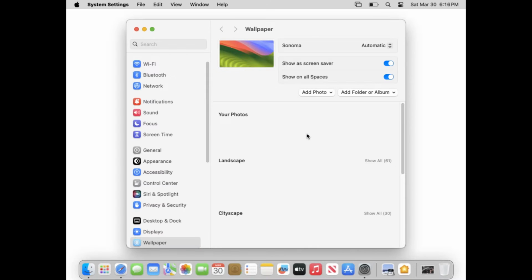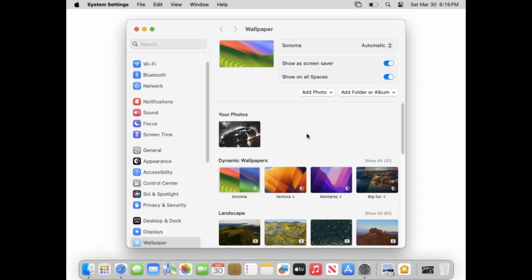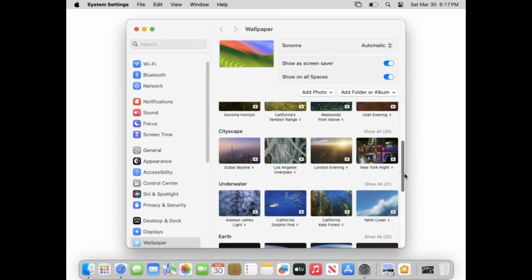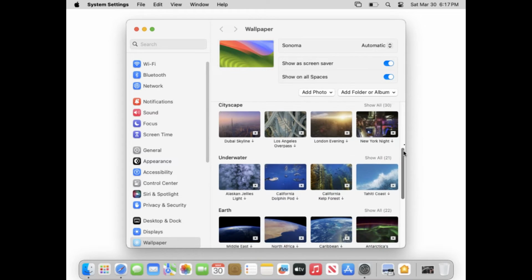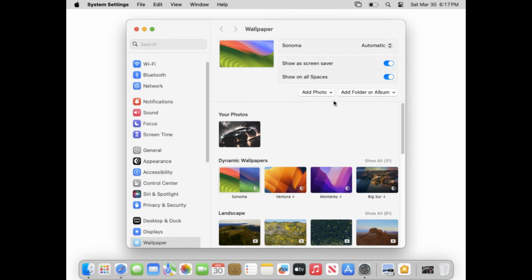In this video, we will show you how to change desktop background on macOS Sonoma. To change your desktop background, you can just right click on your desktop and select change wallpaper. In here, you can use the dynamic wallpaper or wallpaper by macOS, or you can just choose your own photo